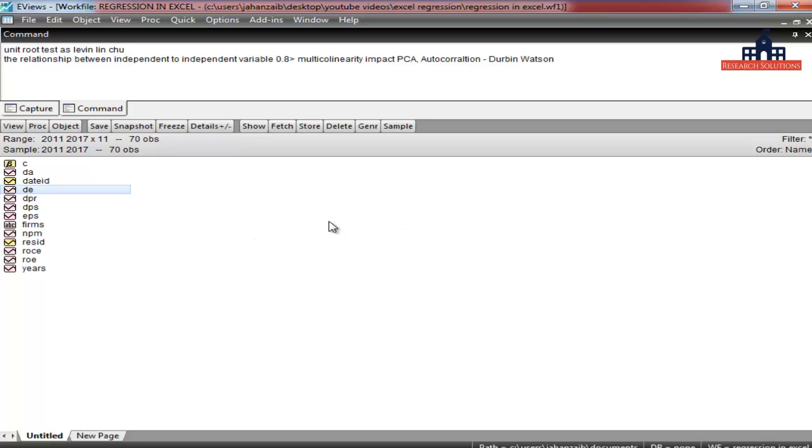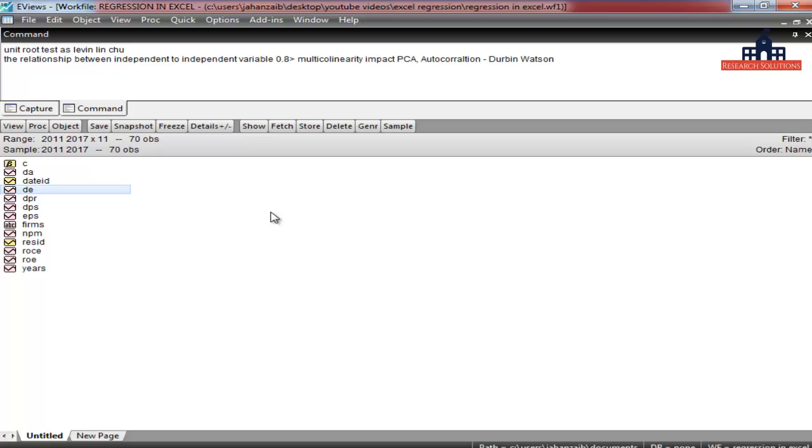So we have two options. Either we make some indexes for both of them by using PCA, or we delete any one of them, because both are explaining the same thing. So we don't need to have both variables in one equation. We can take one of them as the parameter. Fine. So now we are going to test what?